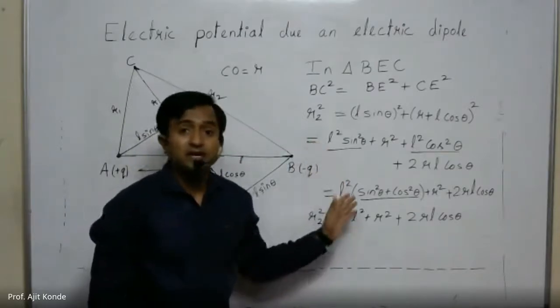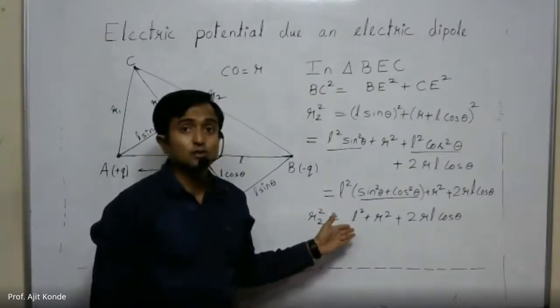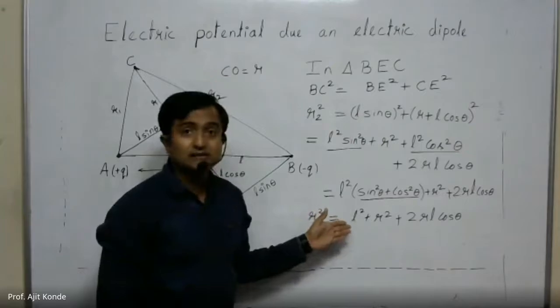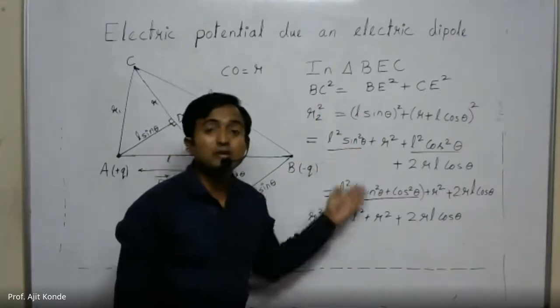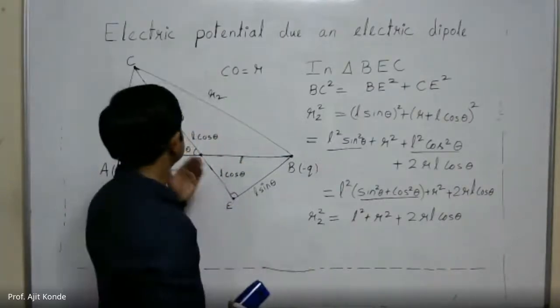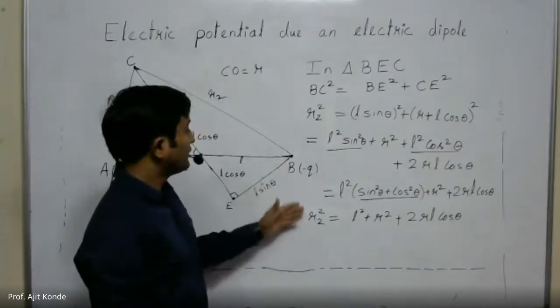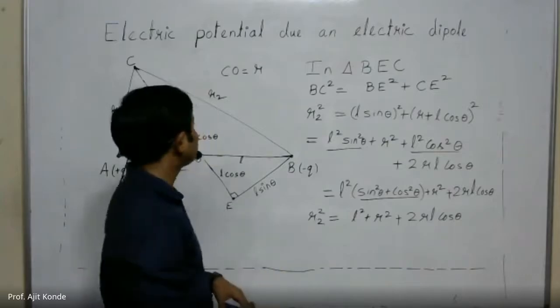This is not given in the textbook. You have to write these steps in your notebooks because it will be much easier for you to understand this derivation. If you write these steps, you will not have a problem understanding the derivation. Okay. Then now we will see the next part. We got the value of R1 and R2 according to this. Now we will see the PPT.